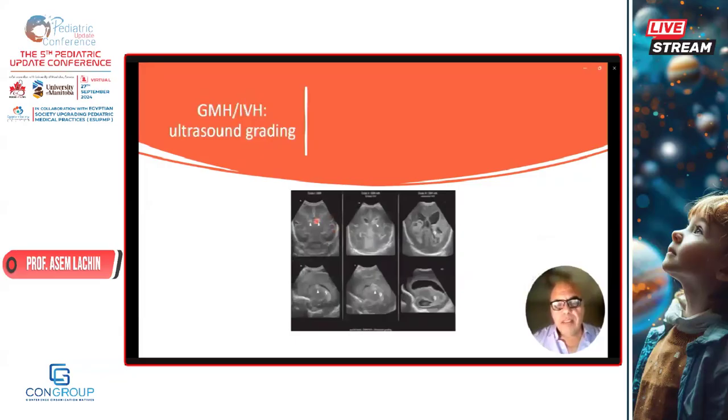This again shows some grading of IVH, starting with germinal matrix IVH in those areas and increased in the anterior horn of the lateral ventricle, and here there is some dilatation of the lateral ventricle. And this is a coronal section, and this is the sagittal section we can see here.